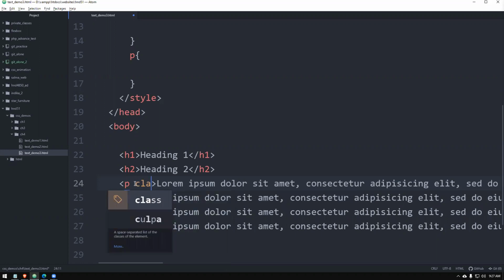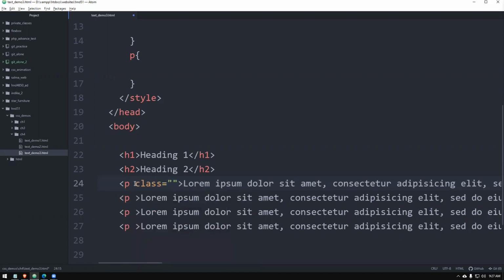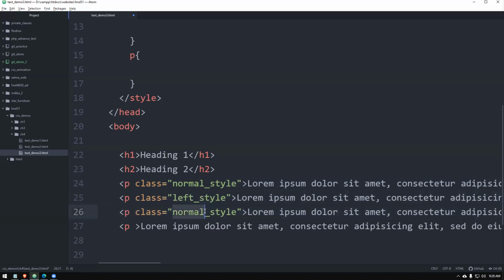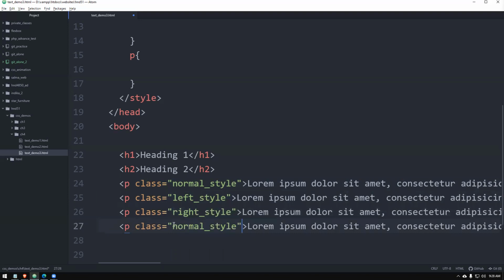You give class, we'll say normal style, right? Then after typing that, you can copy and paste it like this. Let me finish, then you do. You say normal style, left style, right style. Then you can put center style.